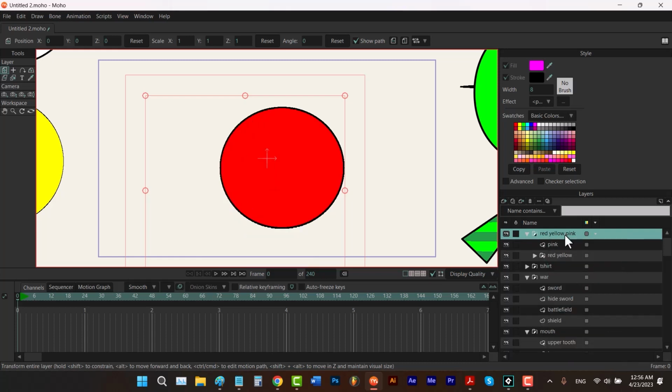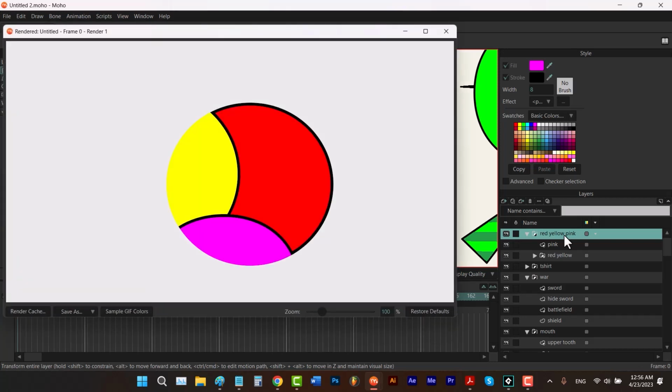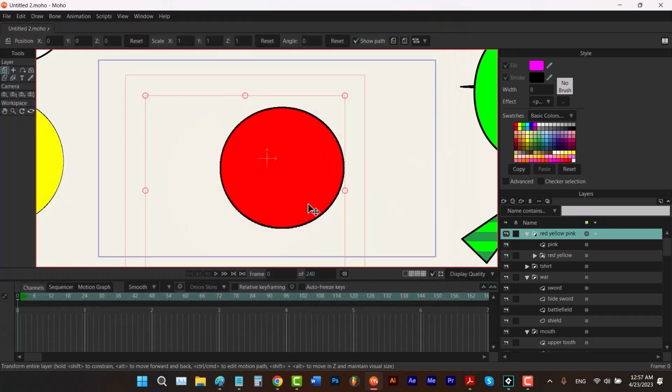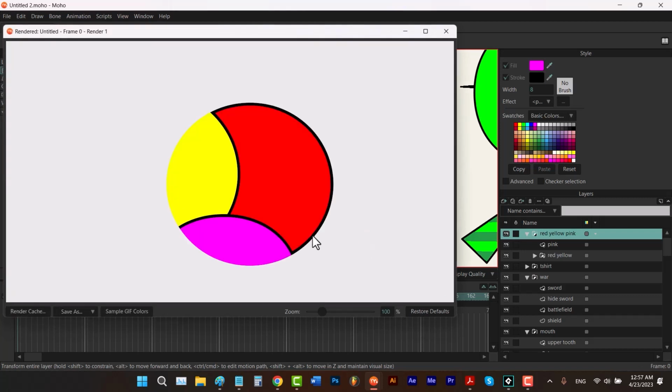I can't see anything, but if I hold down Control and press R, it works. Since we have a plus icon, this should be the area of our mask, and then we have all of our shapes in that mask. So don't trust what you see here when you use this method. If you hit Ctrl R, the result will be correct.